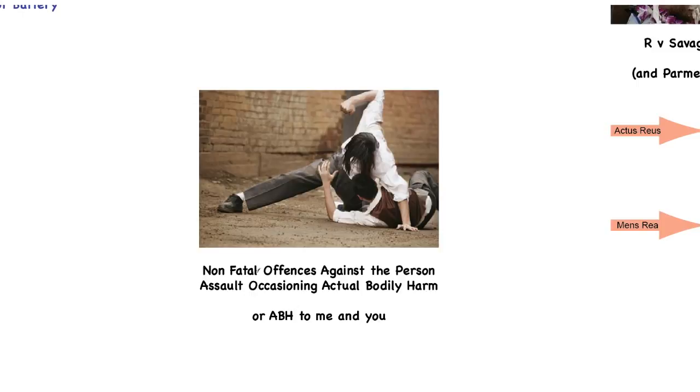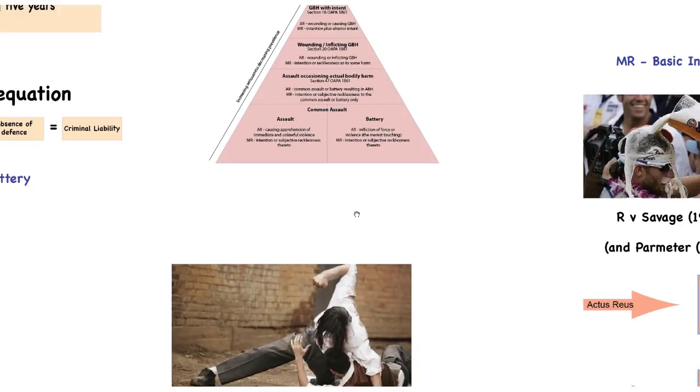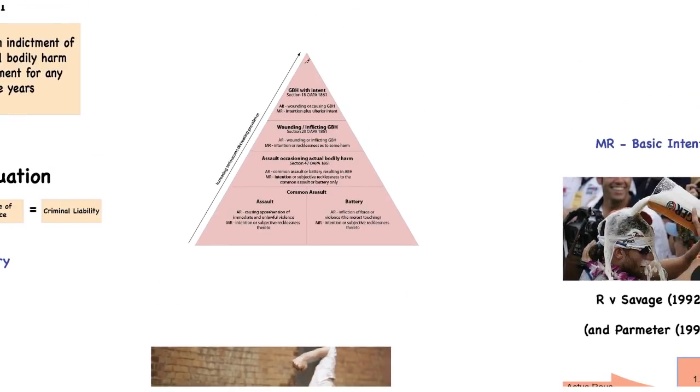Okay, so let's start to take a look at the more exciting of the non-fatal offences against the person, and in this video we're going to look at assault occasioning actual bodily harm, or as we all refer to it, ABH, and I'll refer to it as ABH for most of the rest of this video. And I will start again with the non-fatal offences pyramid, and this is now where we are